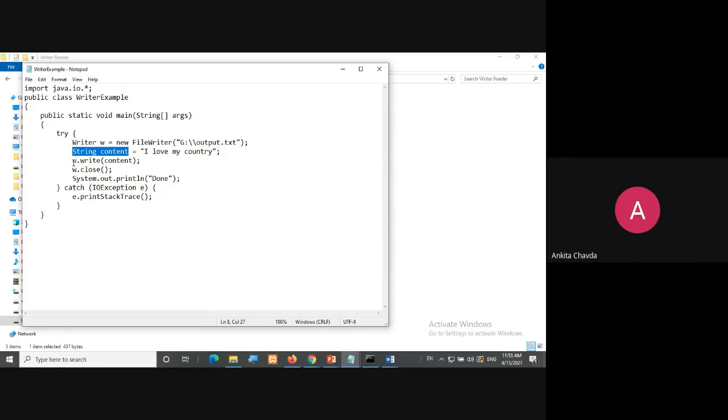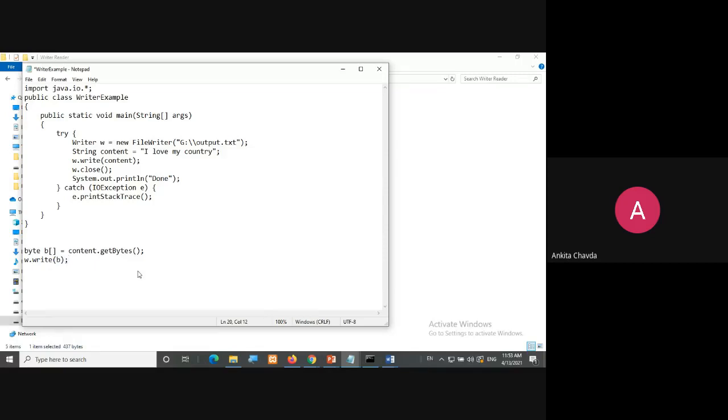So I want one string to be written here. I can directly write w.write and put this content, which is of type string. But if it was byte oriented, then I need to take a byte array, and use content.getBytes, so it will be converted into bytes, and then only I can write with the object w.write and pass this byte array.